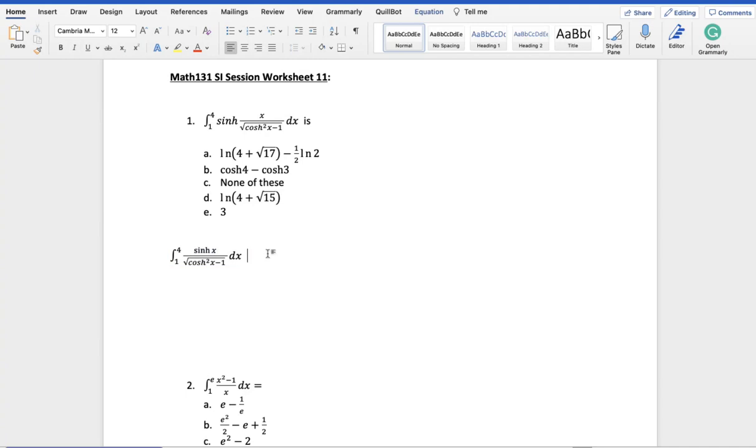And to solve this, we have to use the rules that we know of hyperbolic functions. By the rules, I mean we know that the hyperbolic sine squared plus 1 is equal to the hyperbolic cosine squared of x. So this is one of the rules. And then the other rule we know is the hyperbolic sine of x is equal to, let me just